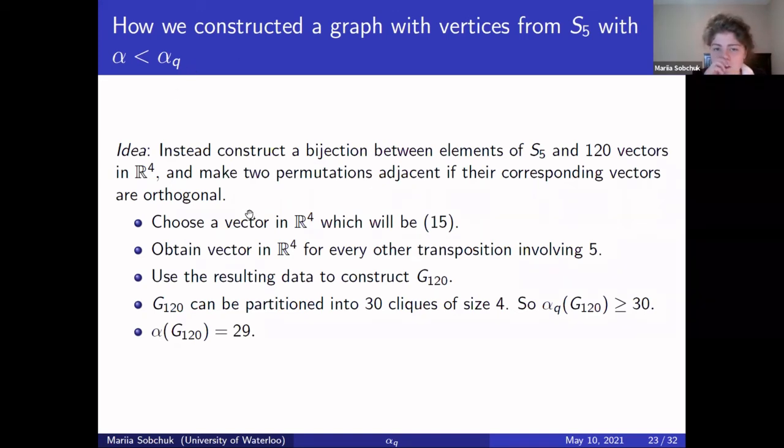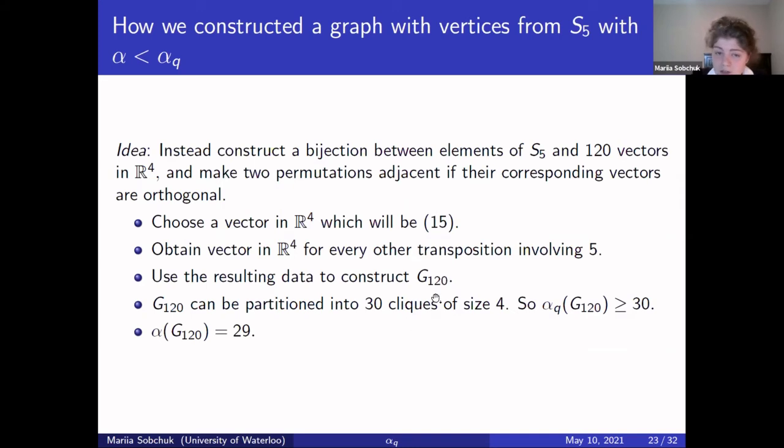So we start with the vertex transposition (1,5) and we assume that the other vertices that (1,5) is adjacent to also differ by a transposition from (1,5). But that's all we assumed. And then in a similar way, we were able to get the vectors for (1,5) and other transpositions involving number 5, therefore other permutations involving number 5, and therefore all of S5. And then we got some collection of vectors, and we took 120 vectors and made an orthogonality graph